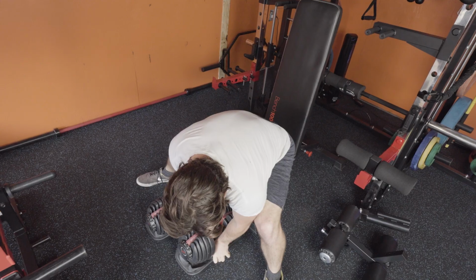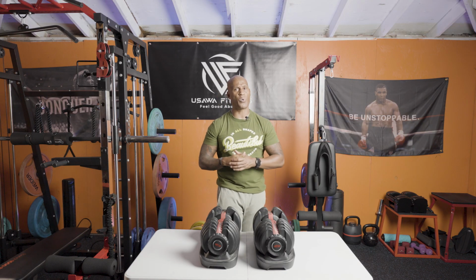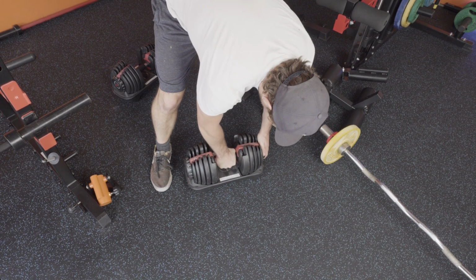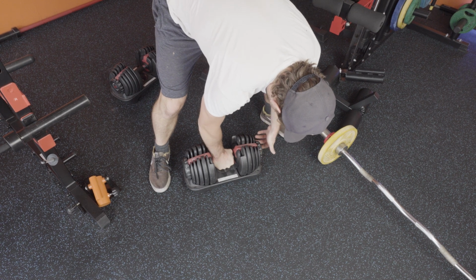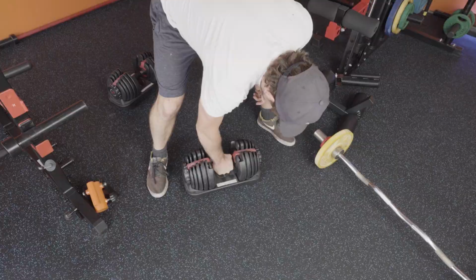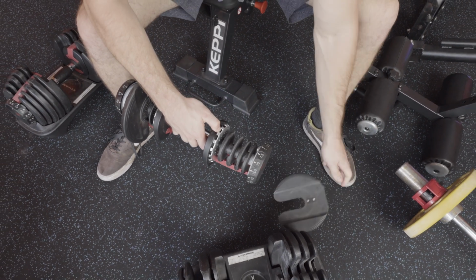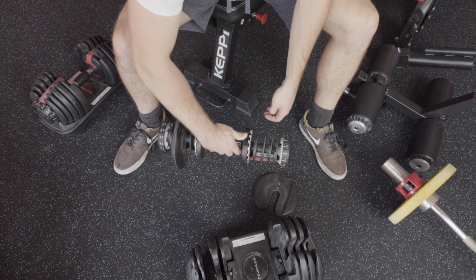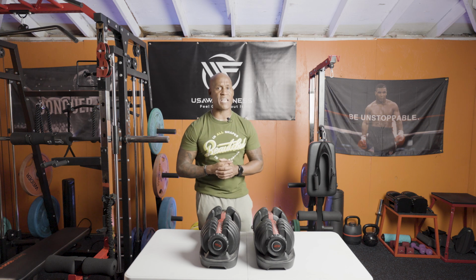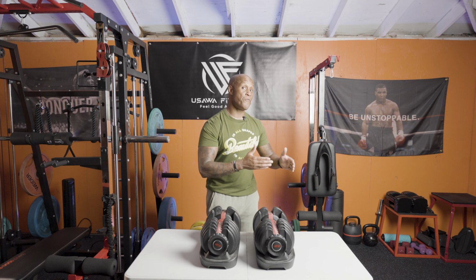Now this last gripe is one that used to really annoy me, but I don't really see it as much as I used to when I first got these. Sometimes the Bowflex SelectTech adjustable dumbbell selector dial can get locked, making it impossible to turn them even after you've dislodged them from the cradle. When this happens, you have to flip the dumbbells over and hit this little release button and reinsert the plates in the cradle before resetting your weight selection. I talk about this in my first Bowflex SelectTech 552 review,